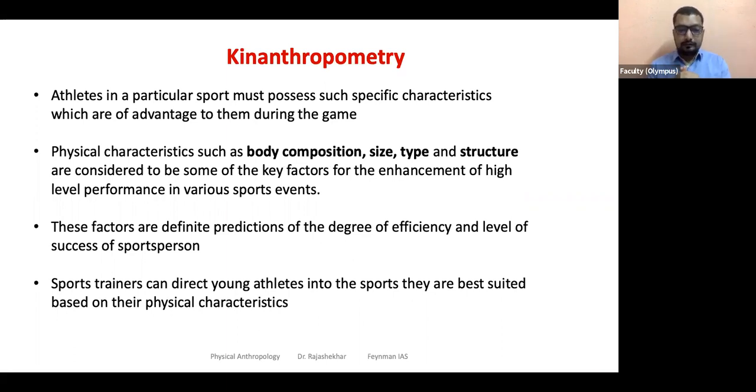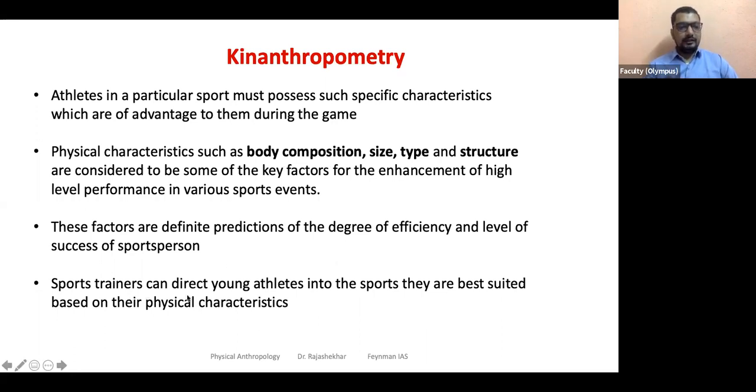Where do you get energy from? You're not allowed to sit and eat in between, right? And if you do it, you won't be able to digest, because your digestive system also requires enough energy. So here a little bit of extra fat is useful to them. So connecting that, what factors would help us to predict the exact efficiency or specific efficiency of that sports person comes from these types of measurements.